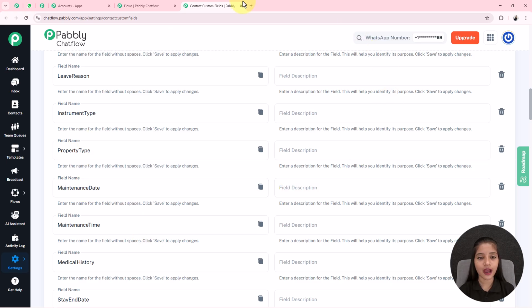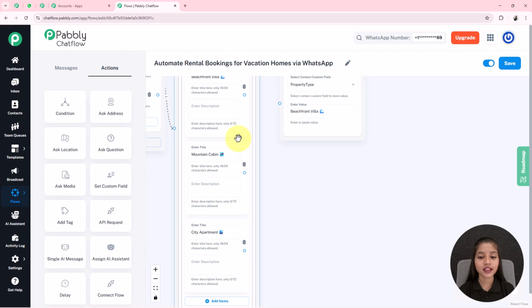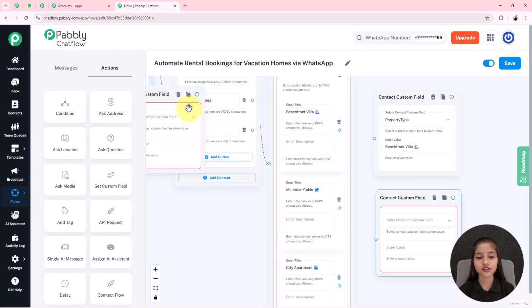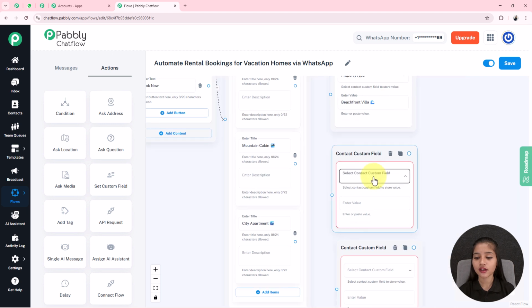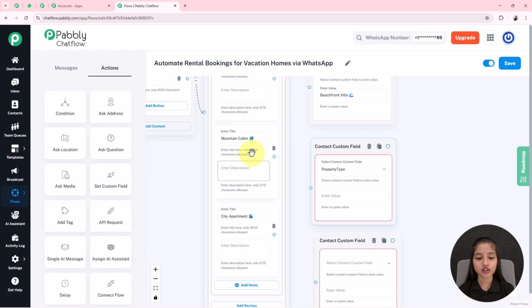Now we will get back to our flow. Here I set this. After that, now I am setting two more contact custom field nodes for both of these types. For that, I am again taking two contact custom field nodes, drag these boxes here, where I am going to select the contact custom field as property type, and in this enter value box I am going to write this,